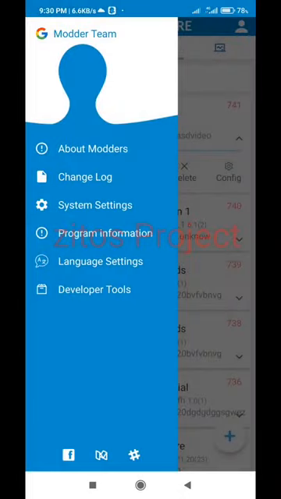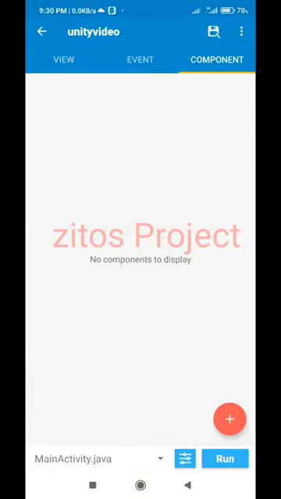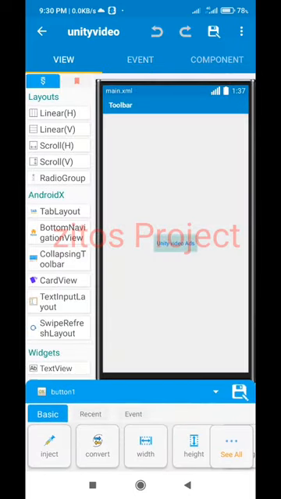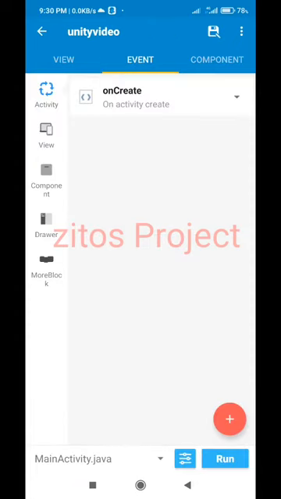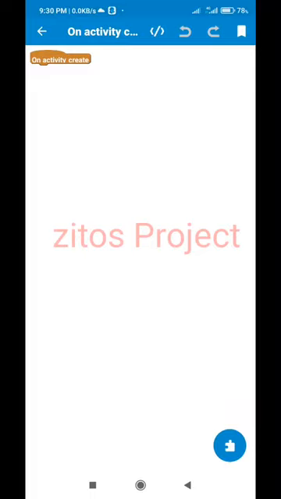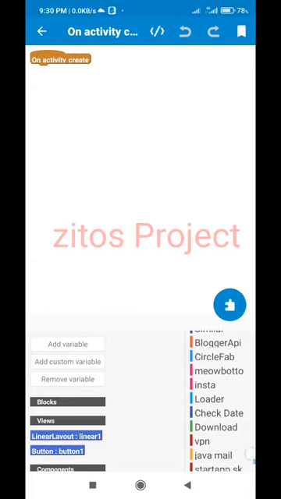Then let's quickly open our project. Now, guys, let's go to events. As you can see, I just have one linear and a button. I know you'd be able to do this on your own. So let's go to on create this activity. On creating this activity, what should happen? Let's look for our Unity